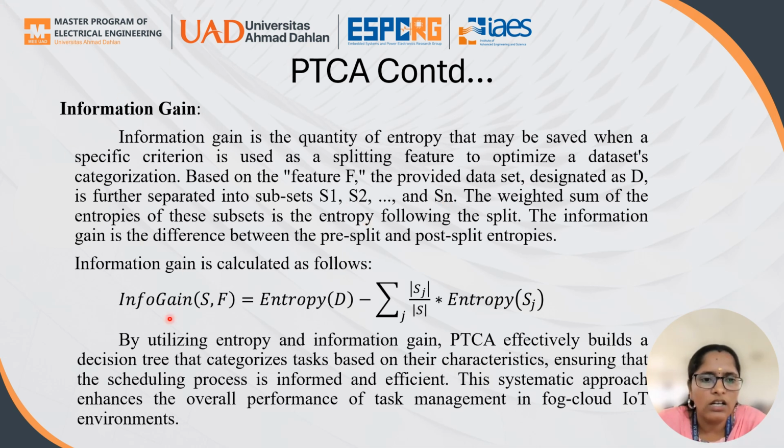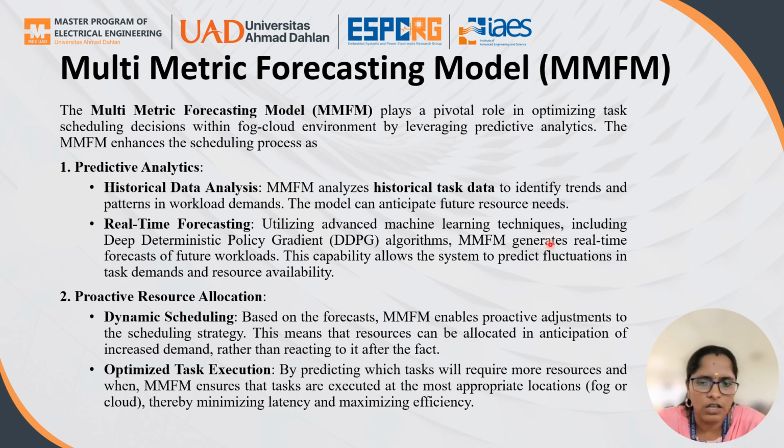So in this regard, the information gain is the difference between the entropy and the subset. That means whatever dataset we are taking, the subsets of that will be considered, and the weighted sum will be calculated here. Based on this categorization and the real data set, we find the difference between these two, which gives the information gain. Based on this entropy and information gain, the decision tree is formed.